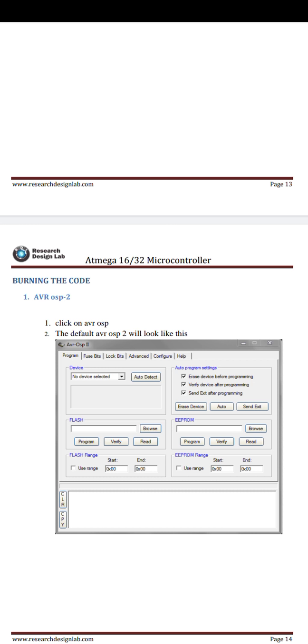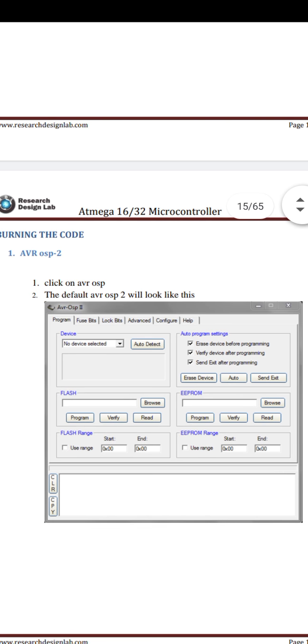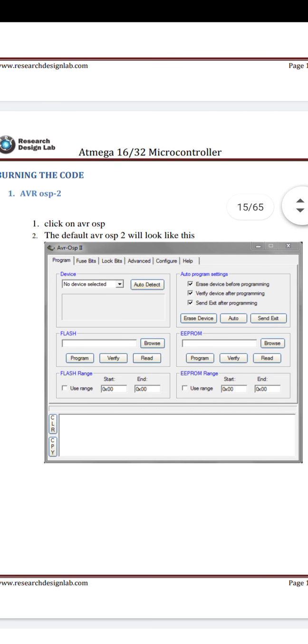Now the second process is burning the codes. How to burn code for the AVR microcontrollers? First click on the AVR OSP, then the default AVR OSP2 will look like this. First we clear the auto detect here.